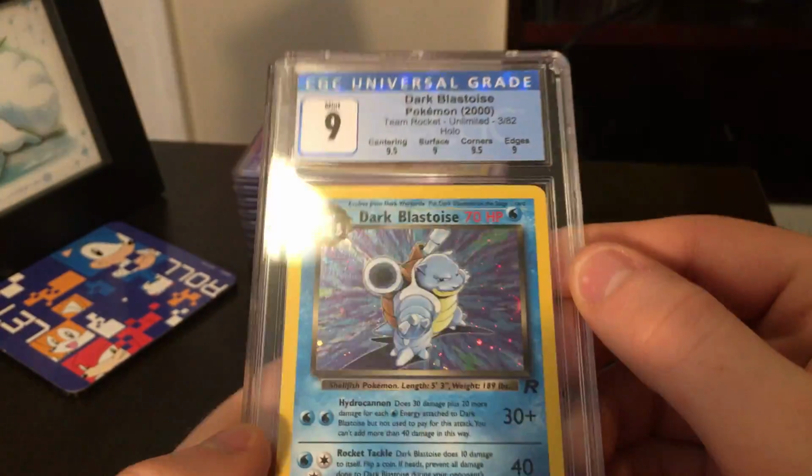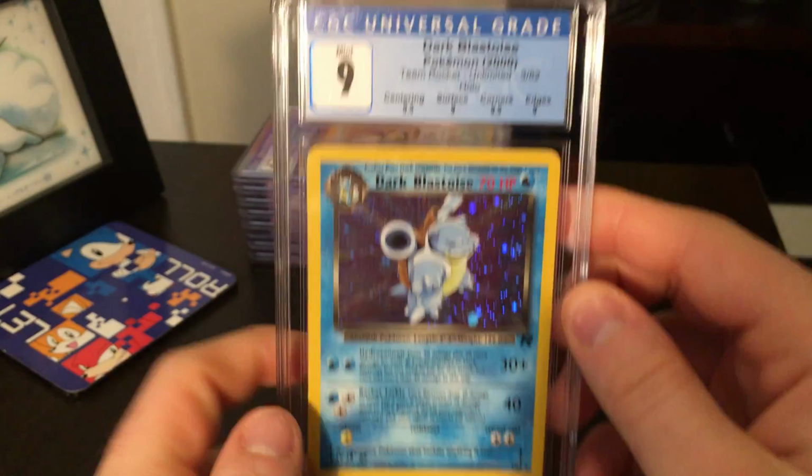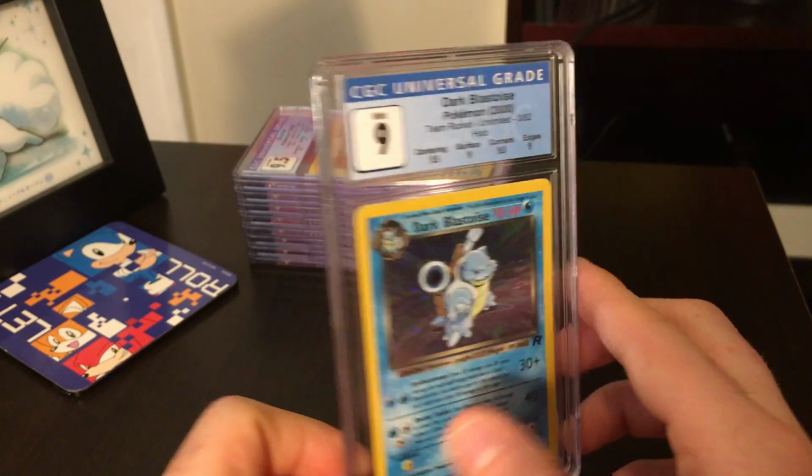And I know that there's some light scratching on the holo. I probably pointed that out in my first video when I sent this off. But again, it is simultaneously a tease. You got that swirl on the top left. It's a tease to know